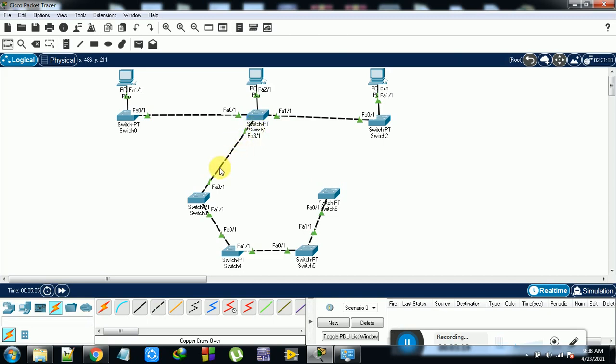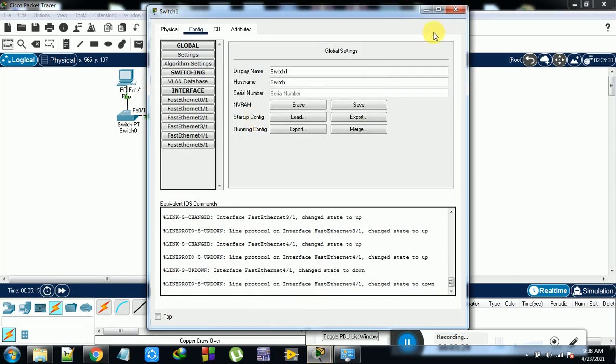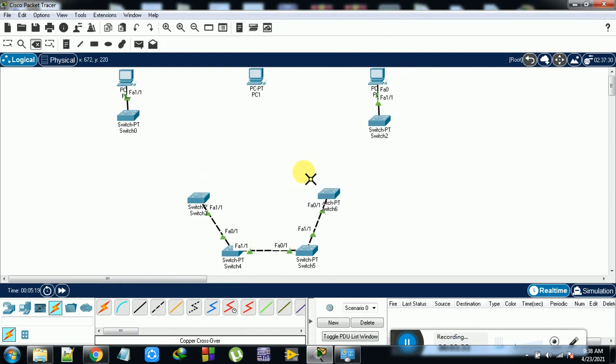If I don't want to connect these two things, I can simply change this switch, because I want more ports. That's why I am taking one more type of device. That is the complexity I got. So this is the switch, and by using this switch I can connect easily.